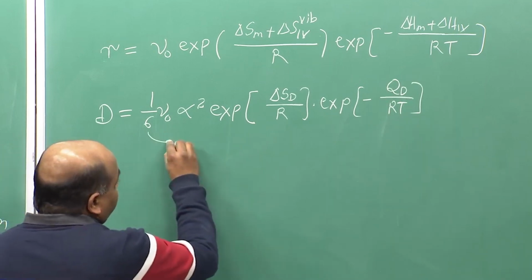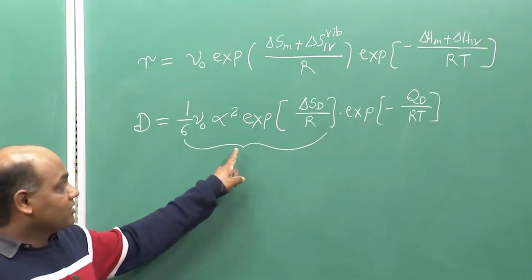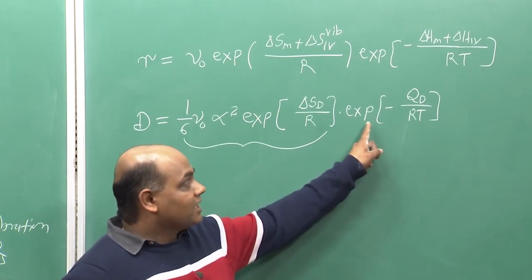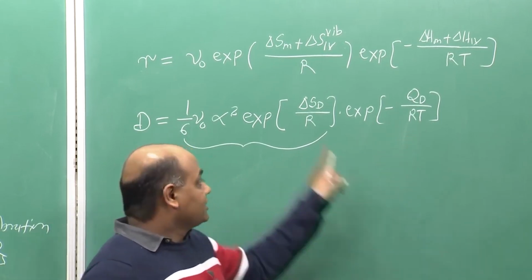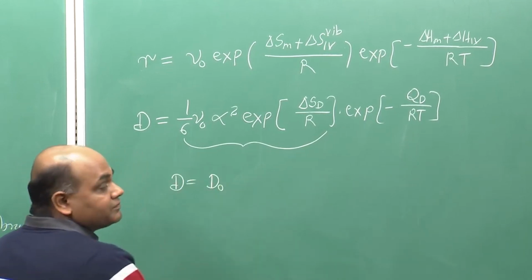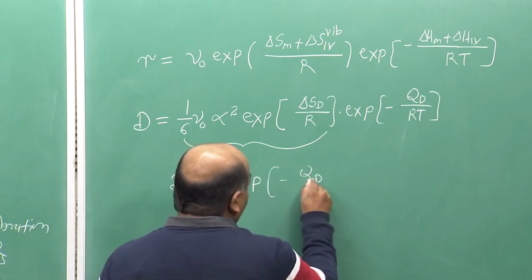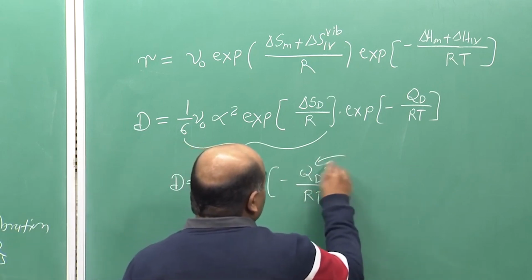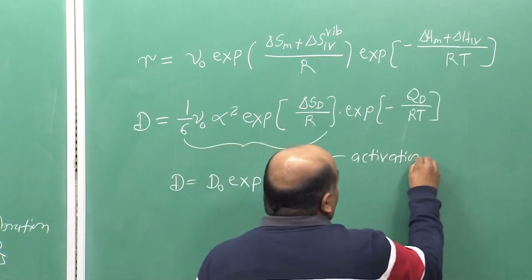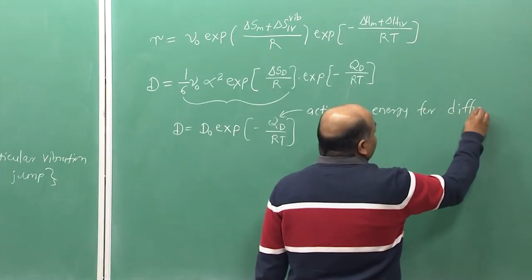Now, this term is typically relatively independent of temperature compared to this term. The second term, the exponential term, has an exponential dependence on temperature, and these are typically combined in one parameter, which is denoted as D0. So, we get an expression for D as D0 exponential minus Qd by RT. Qd is called the activation energy for diffusion,